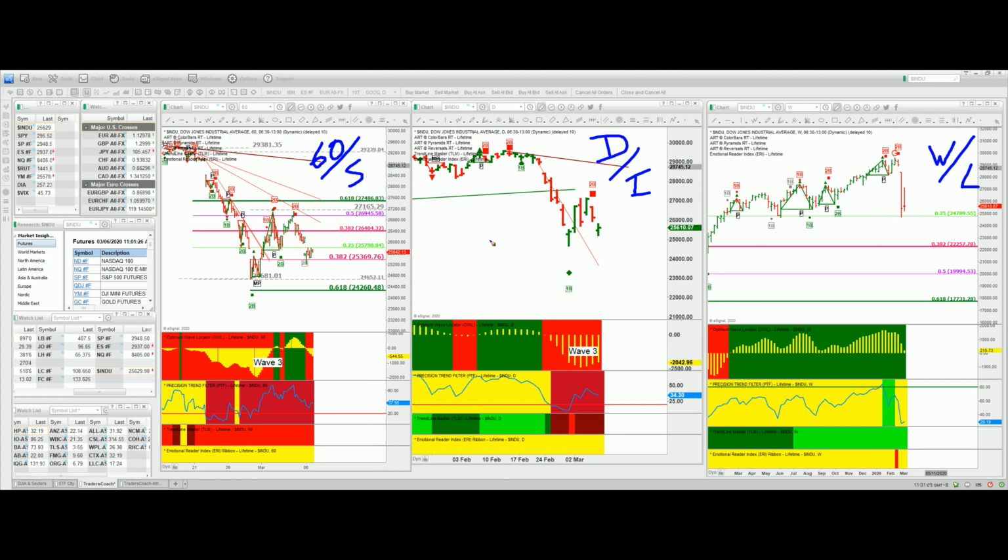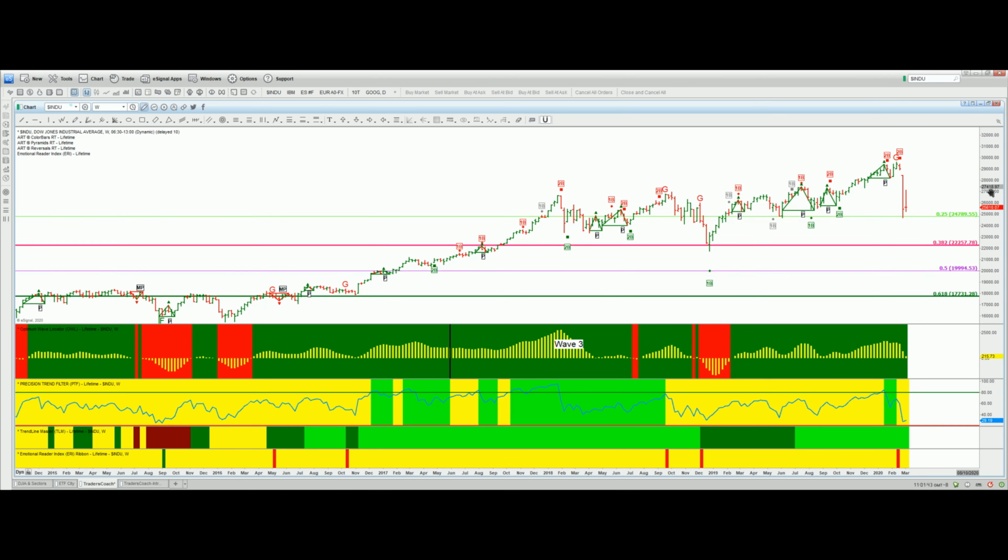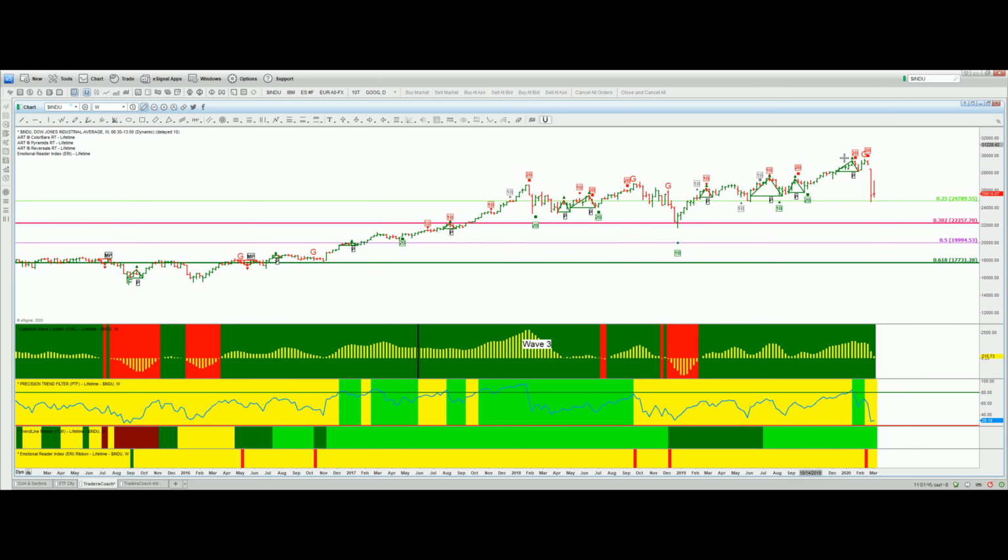So these time frames divide the same market, which is the Dow, into the long-term aspect, the intermediate-term aspect, and the short-term aspect. Let's start with the long-term aspect. I'm going to open up the weekly chart. This long-term trend that we've been in has lasted many, many years. So when we get a correction like this, and it seems severe,